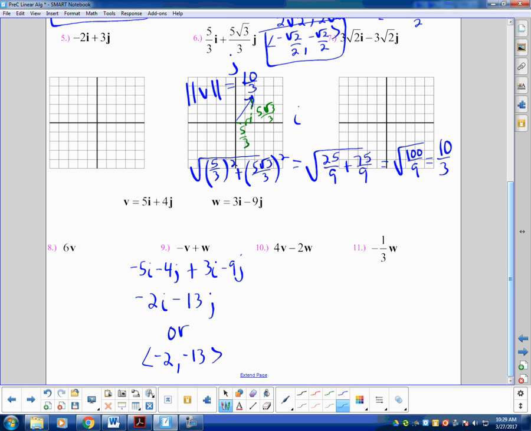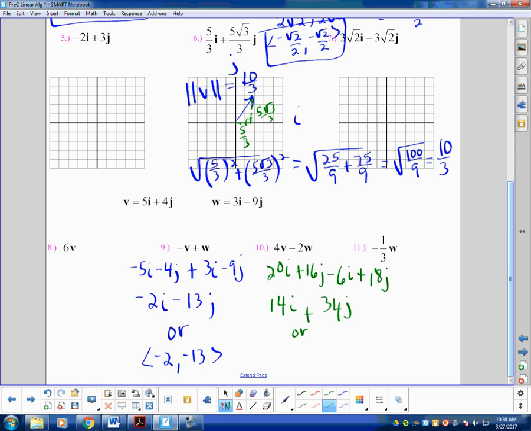All right, and then number 10. 4v. 4v is just multiplying 4 times v. So it'd be 20i plus 16j minus negative 2 times this would be minus 6i. Negative 2 times negative 9 would be positive 18j. And then you just treat these as though they're variables and you're combining like terms. And you get 14i plus 34j,